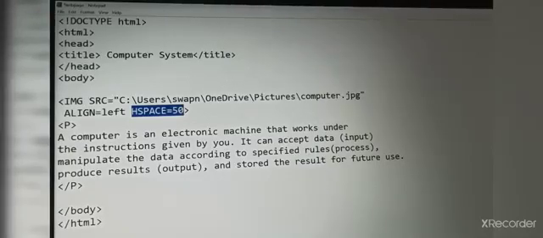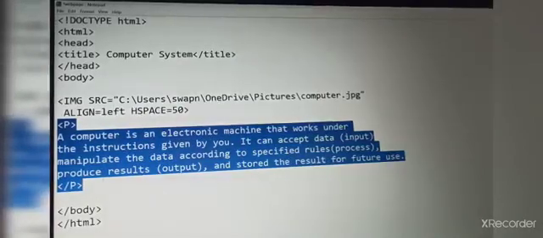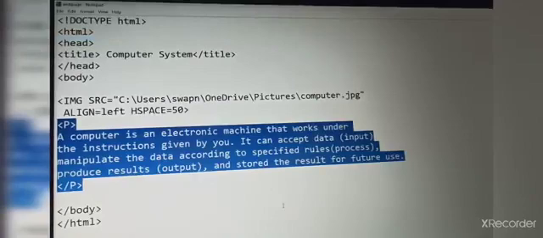You can increase it also; I have given 50 here. Then we have given a paragraph, this text we have written. Now after saving, see here, from this side there is a space, and from this side also there is a space, between image and text.